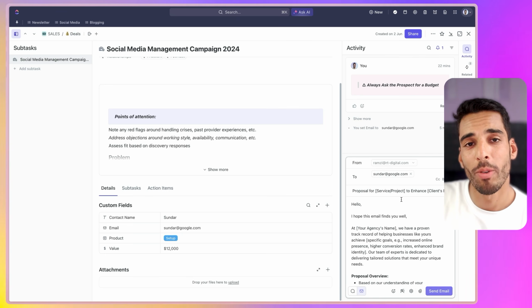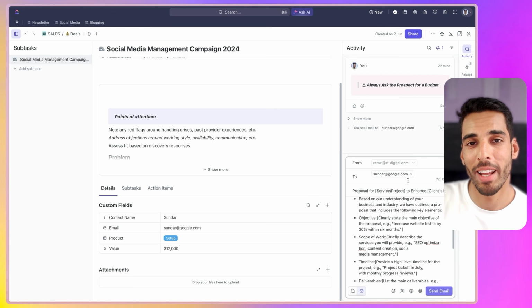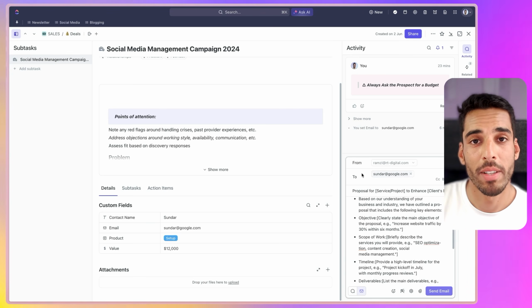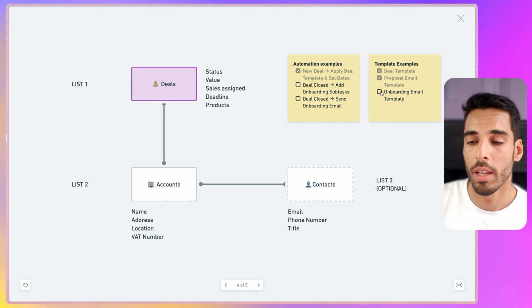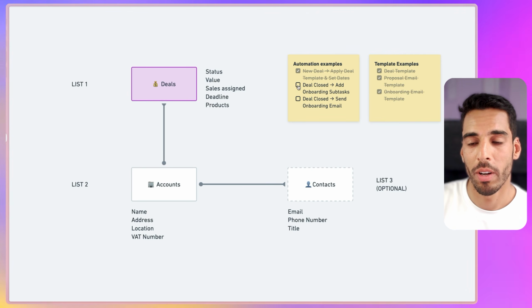Now that's one way to handle email templates and automating templates. That's what I would call half automating, because you still need to fill all of these placeholders. But what you could do is automatically send some emails to your clients, and that's only if that email would be standard. Now that brings us to the next automation we can do. What we are going to do is an onboarding email template, and trigger this onboarding email template when the deal is closed. So we have 2 automations to do when our deal is closed.